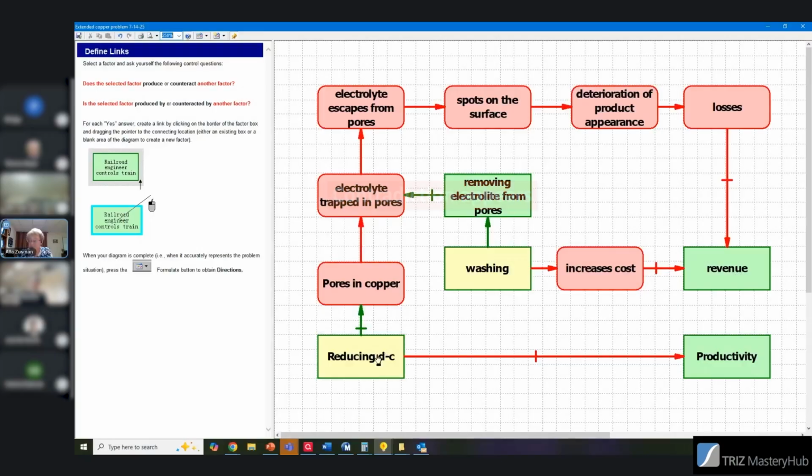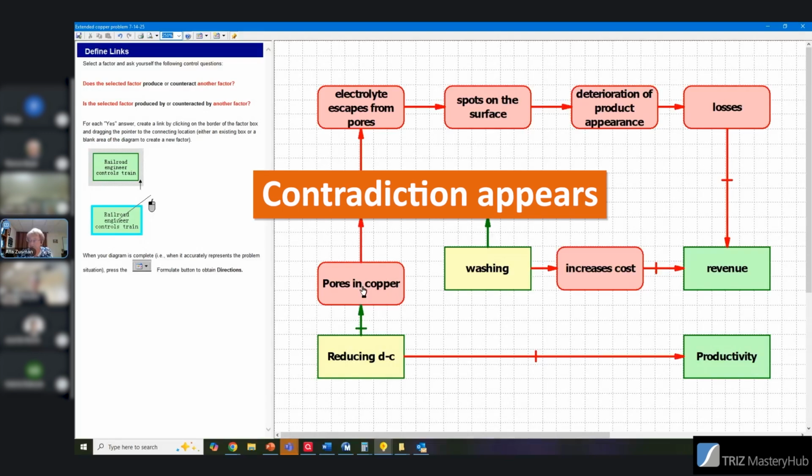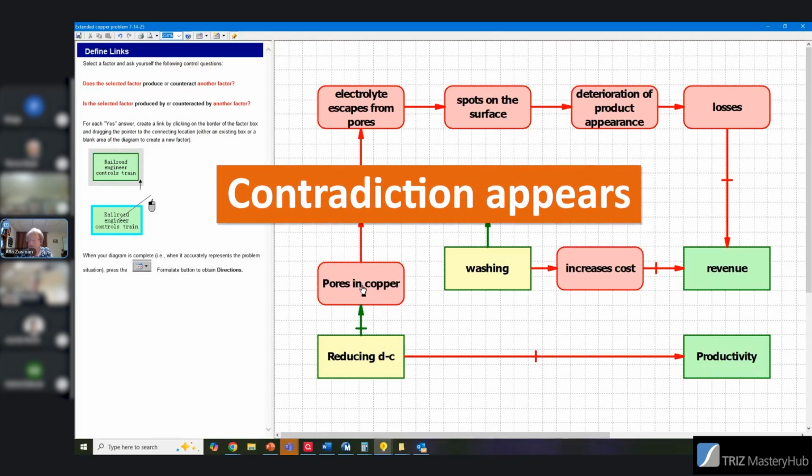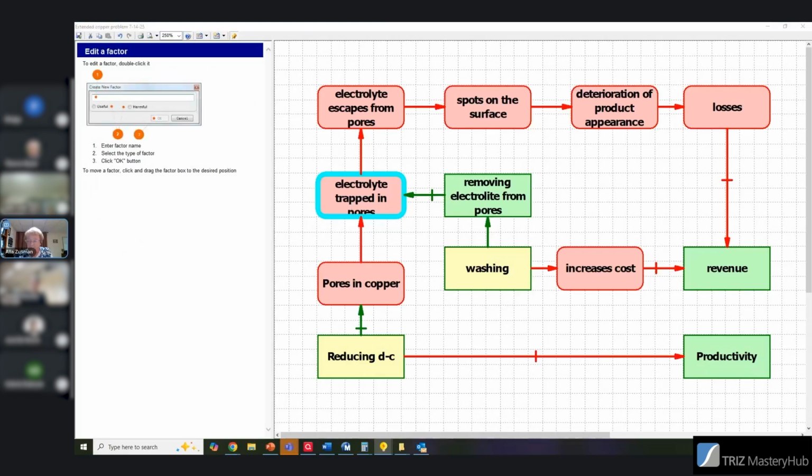And here, reducing DC current can eliminate or significantly reduce pores in copper, but impact productivity. That's a very simple diagram just for demonstration purposes. Once the diagram is built, and the way how it's built, there are special